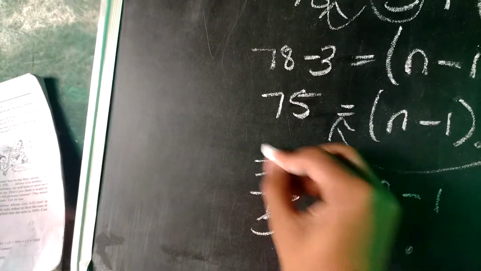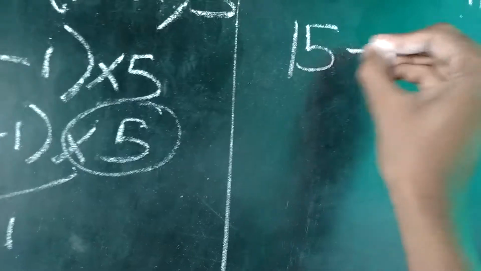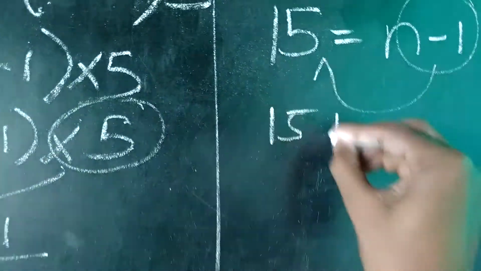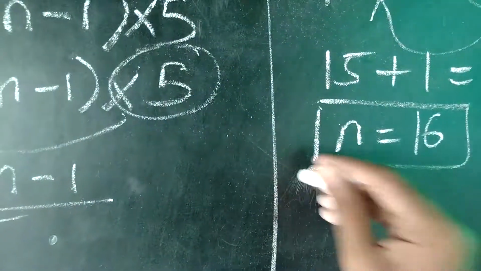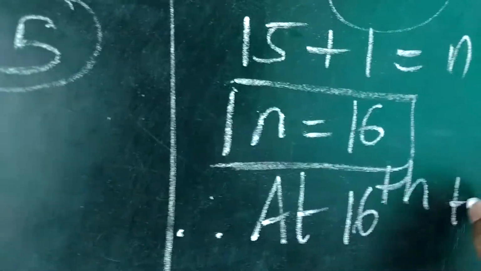5 ones are 5, 5 ones are 5. So we have to carry 2, 25, 5 fives are 25. So we are having 15 equals, in RHS we are having n minus 1. Shift this minus 1 also there, it will become 15 plus 1 equals n. So n equals 16. So we can conclude that at the 16th term of an AP,